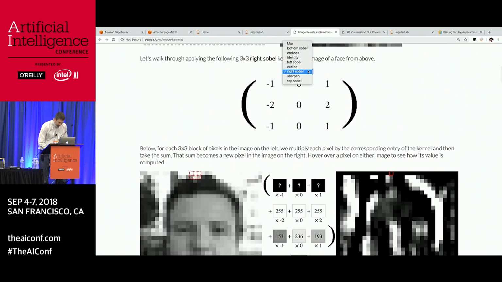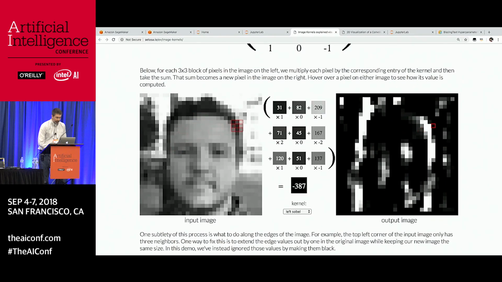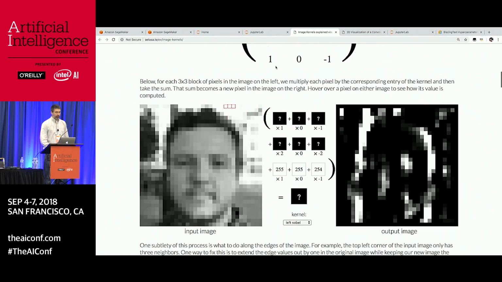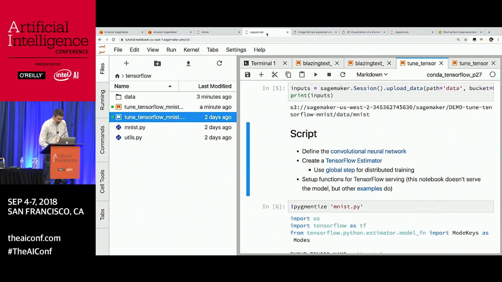But if we do a left Sobel, now you can see the lines whenever you see changes on the left side. The convolutional filter really highlights those. So the point of this is that when you're building a convolutional neural network, you're learning what these values should be in this convolutional filter. And you're doing that so that you can ultimately